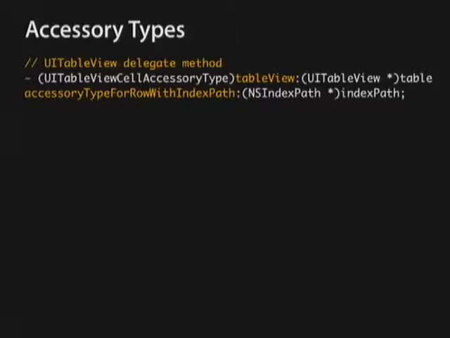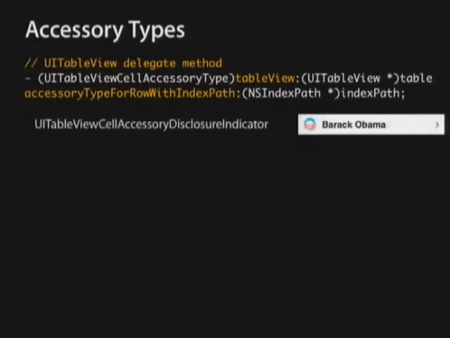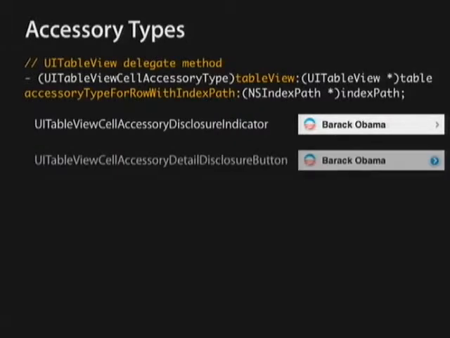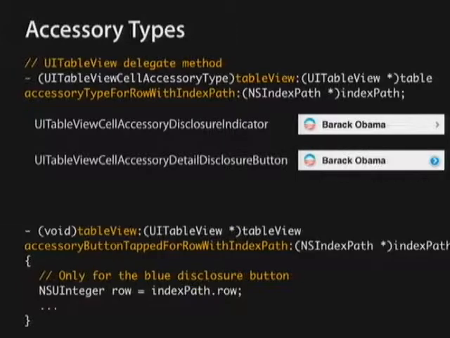There's an accessory type over on the right. For example, here, this is the detail disclosure. This is the little chevron you see. There's also a detail disclosure button. The difference between these two, besides appearance, is that in the first one, no matter where you click on the cell, you just are selecting the cell. You'll send the delegate a did select row, an index path. For the second one, only if you click to the left of this do you select the row and send the did select row. If you click directly on that, there's a separate method called accessory button tapped for row